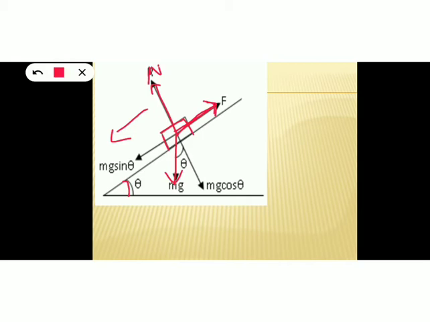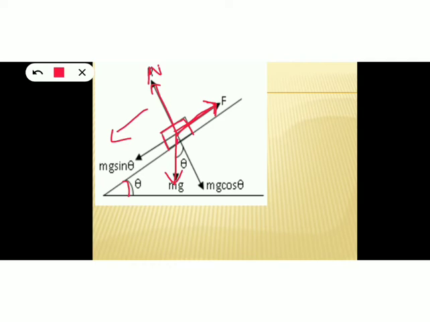Now we can see that all three forces are acting along different directions. All three forces are vectors too, so we cannot simply add them. We can add them just like numbers only if the vectors act along the same straight line. But here all three vectors are acting along different directions, so we cannot add these three forces. So we can do one thing: we can resolve any one vector.